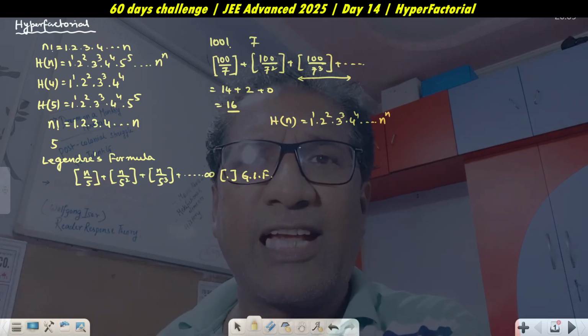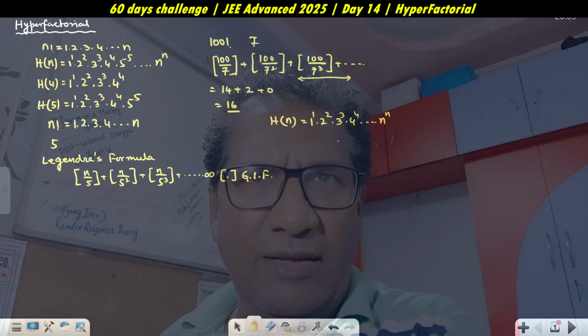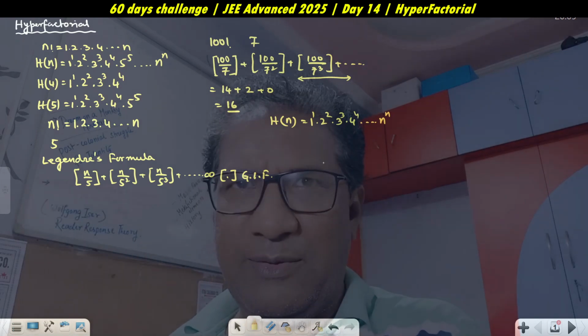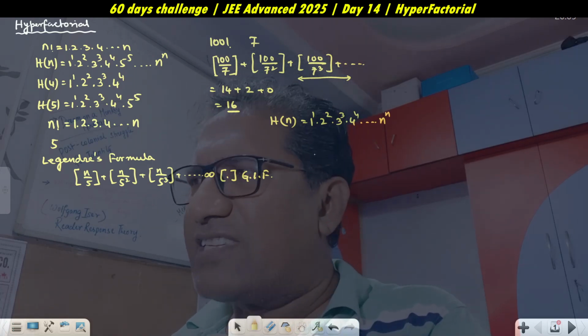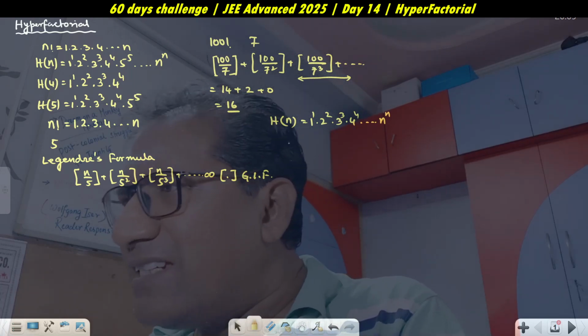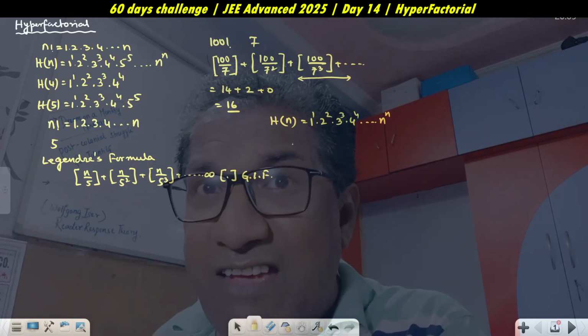So I want the exponent of 7 in this hyperfactorial. So how to get that? Legendre's extension formula states that the exponent of 7 will be